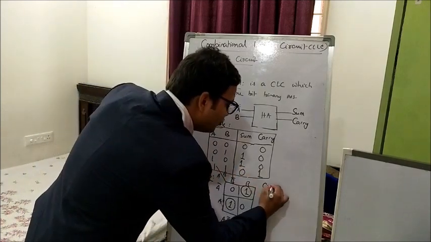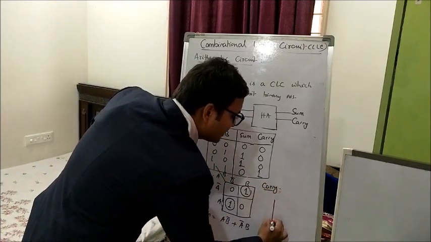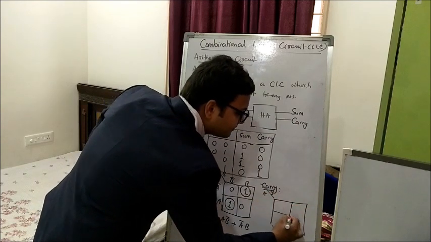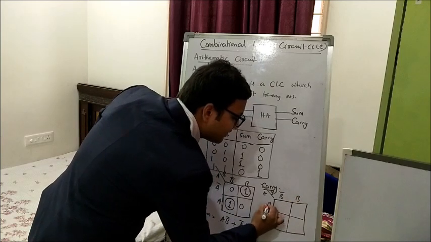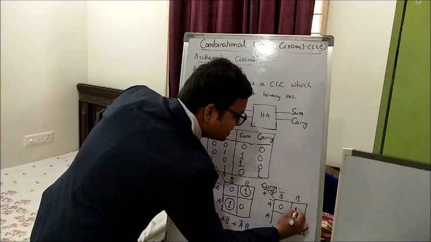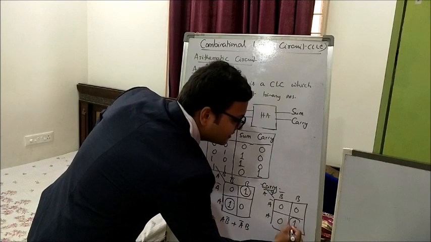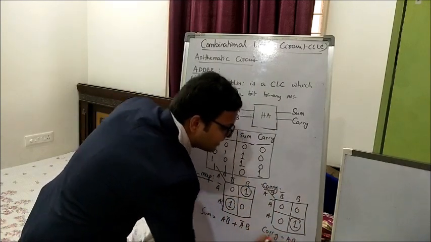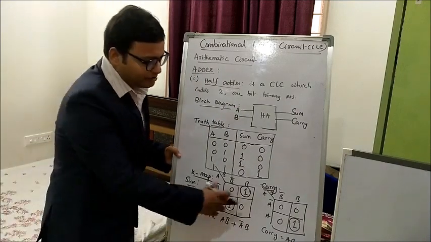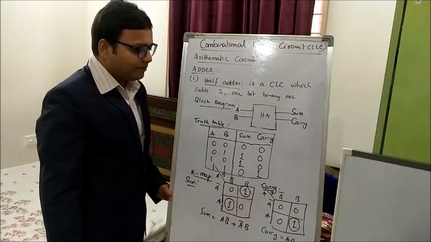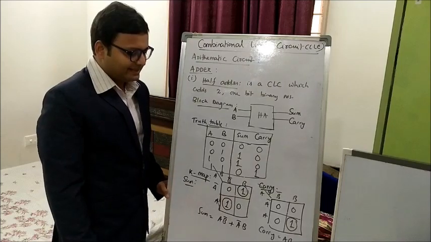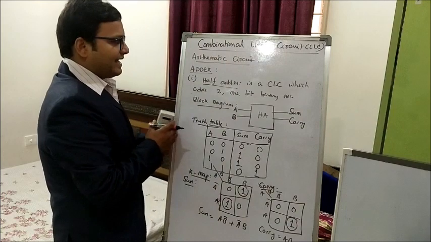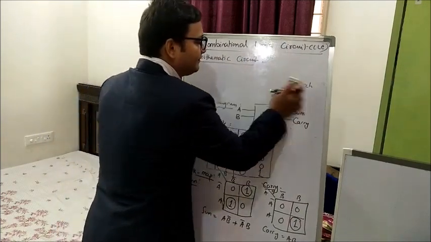Next I am going to do the same for the carry. For the carry, again it is A B, B bar B, A bar A, which is 0 0 0 1. So finally my carry is A B. So I have got those things. Now what am I going to do in step 6? Step 6 is logic design.